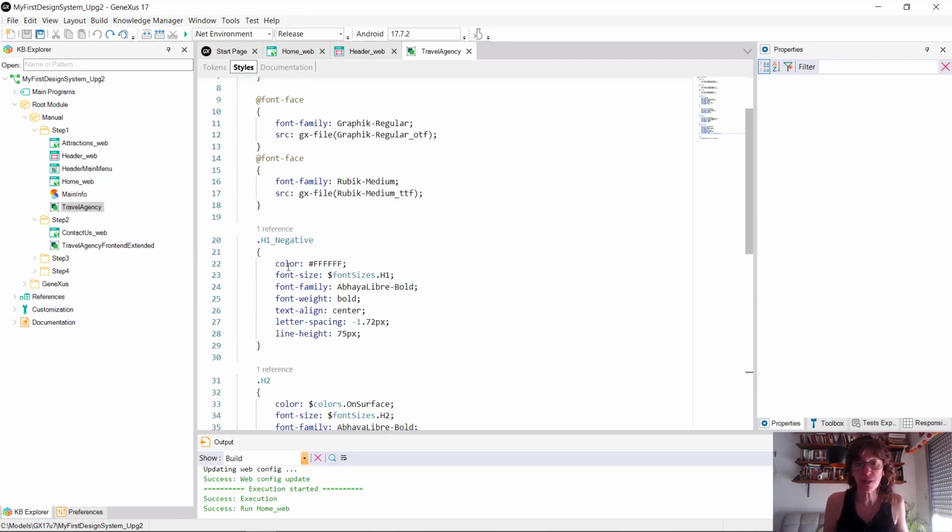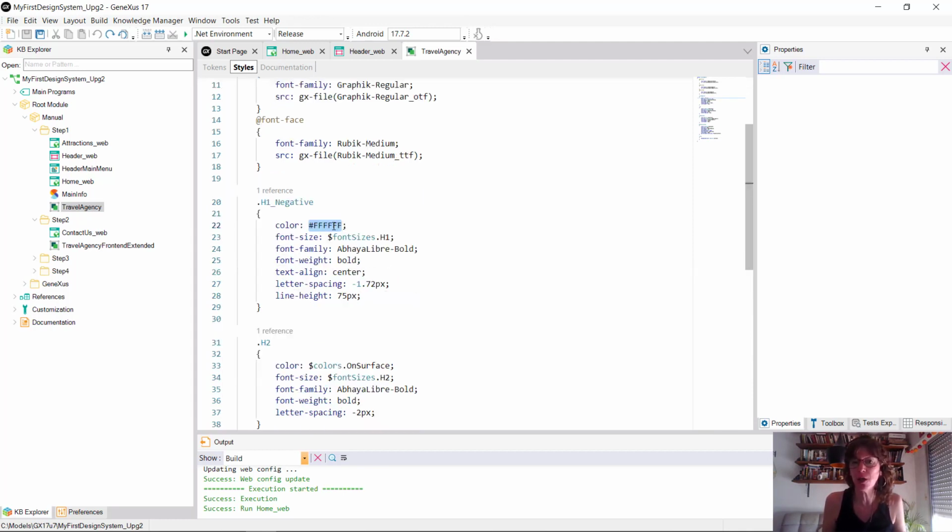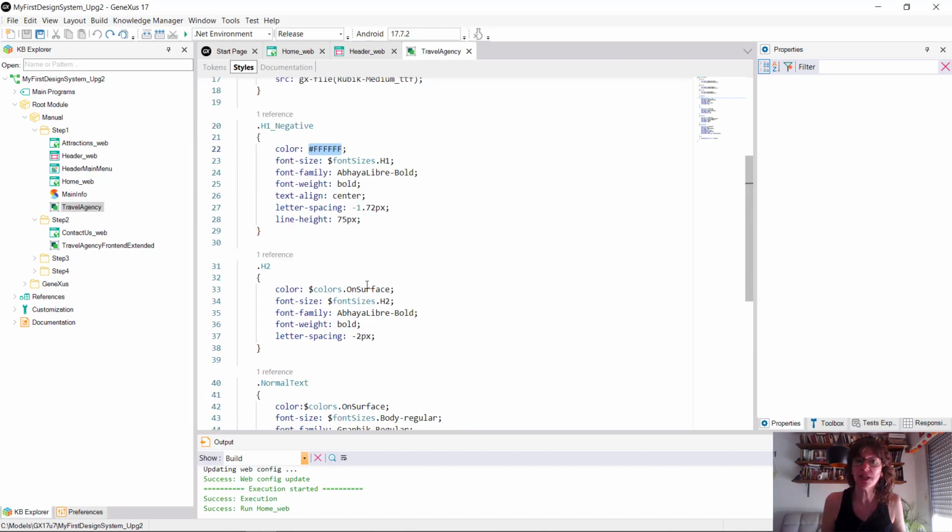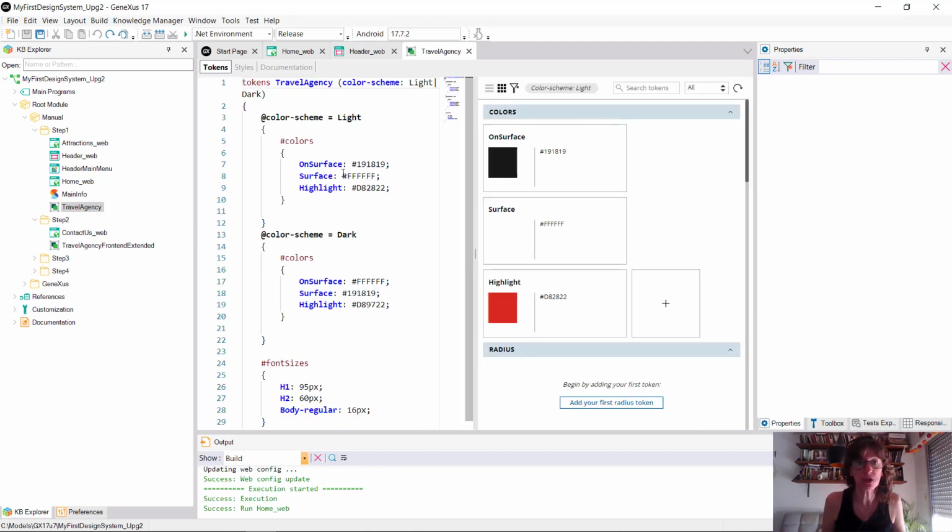So, we had defined those characteristics. In particular, we had defined the color, for example, or the font family, or the font size. And what we had realized was that we could take this a step further and not only use values for certain properties, but abstract ourselves a little more, and instead of values, use tokens, which are like constants. In particular, if we go to the token section, we saw that we had defined these 3 color tokens, which we could vary by option while in execution. This option had been defined in this case as a color scheme option that will allow us from switching between the light mode and the dark mode.